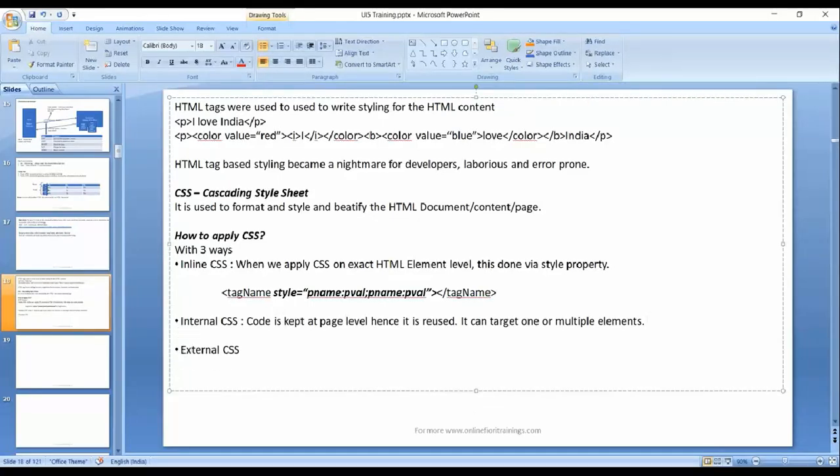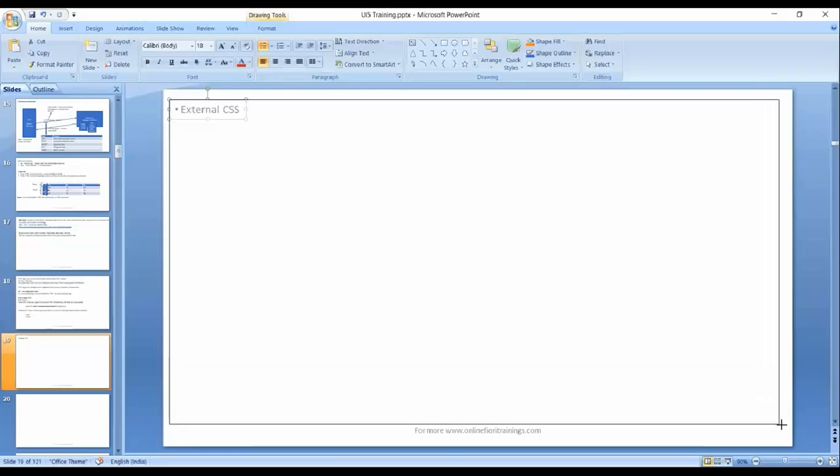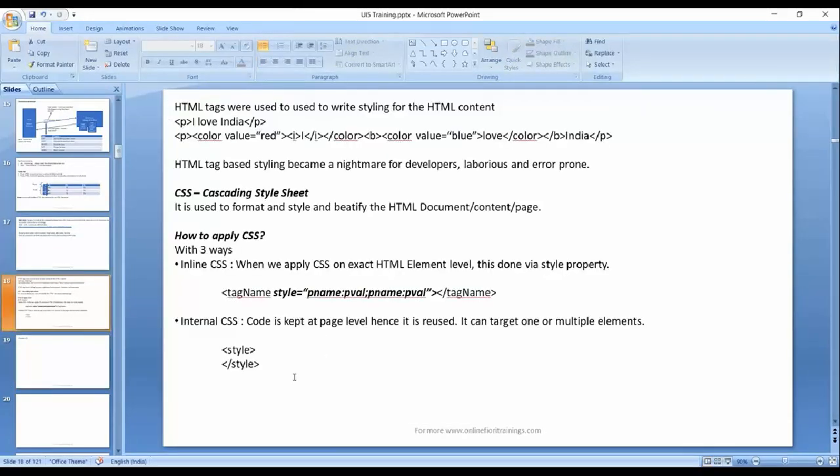We use something called a special tag at the header level called style tag. This is a new tag I'm introducing. This is a tag you got to use to be able to apply the style, guys. Okay, let's move this external style to the next page. You can move it here. Okay, so this is what you got to use, and inside this, watch out, very important, you write select